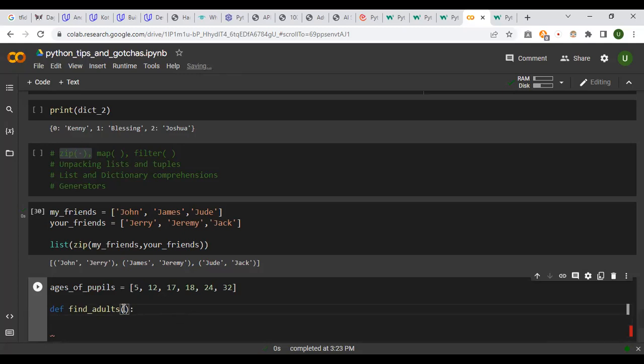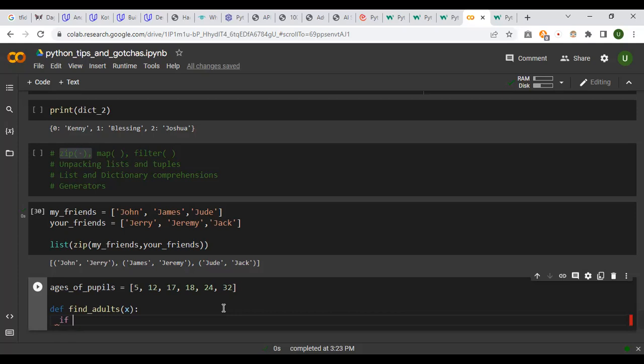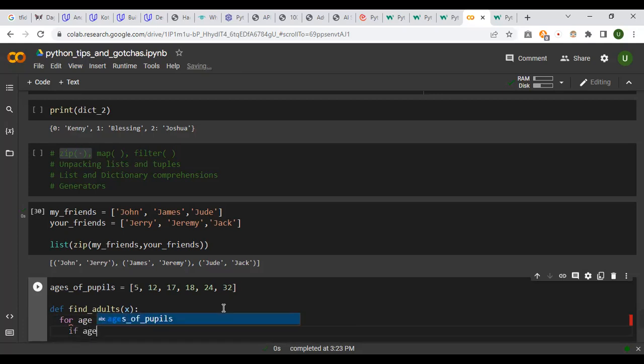No, let's make it take an object, all right? So, let's start with a for loop. For age in ages of pupils, if age is, say, greater than 18,